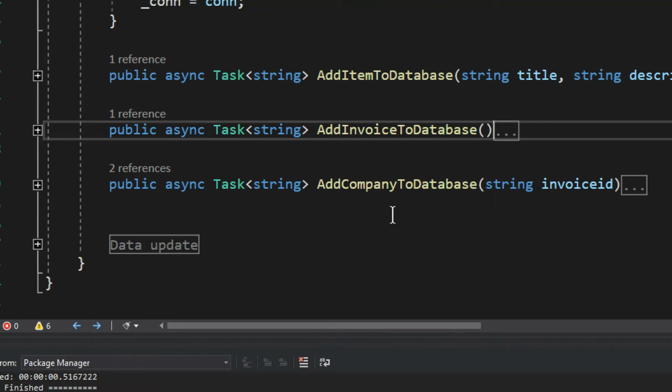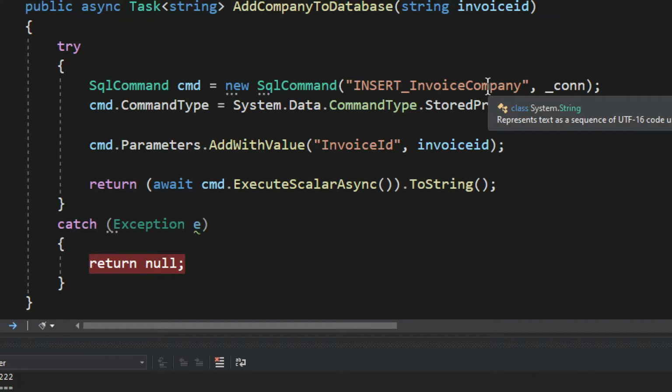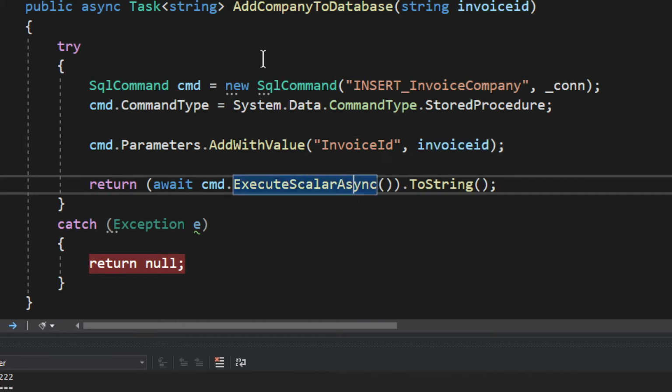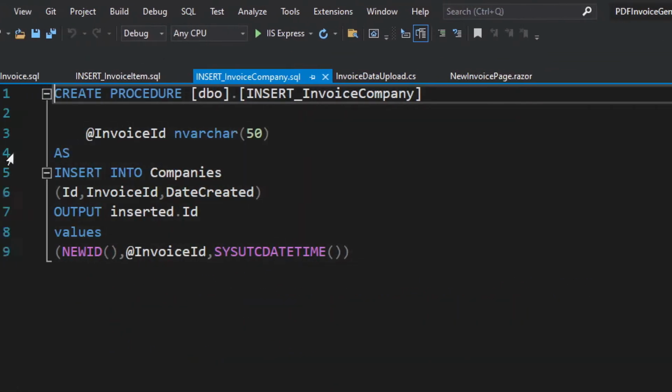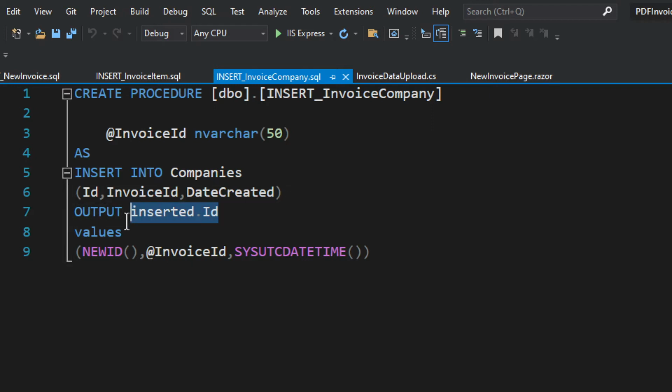And then we'll have the company, right? So let's just take a look at that. It's sort of a similar thing, right? We have insert invoice company, invoice ID. The invoice ID comes in, so as you can already see, you first need to generate the invoice, and then you need to add that. And then once again we execute scalar, because if we look here, it's kind of the same arrangement. Takes ID, invoice ID in this case, instead of the owner, but again, almost exactly the same. And then it takes out the generated ID, and then it uses it